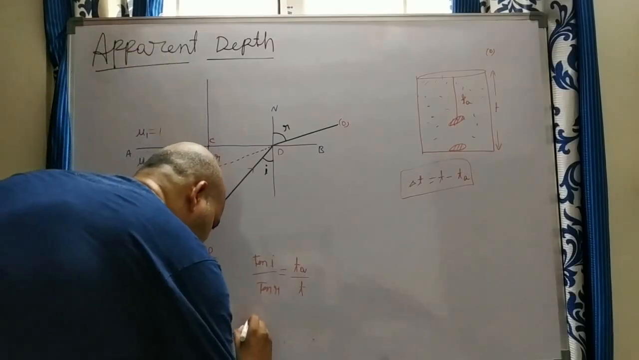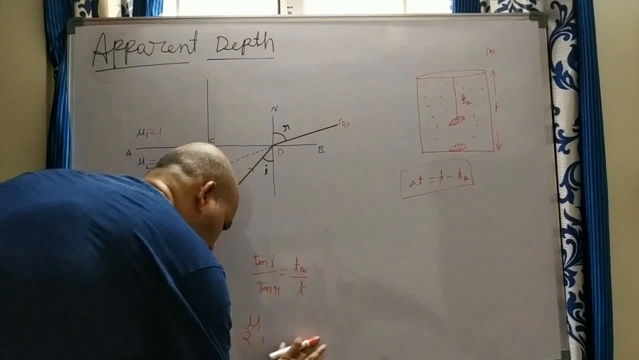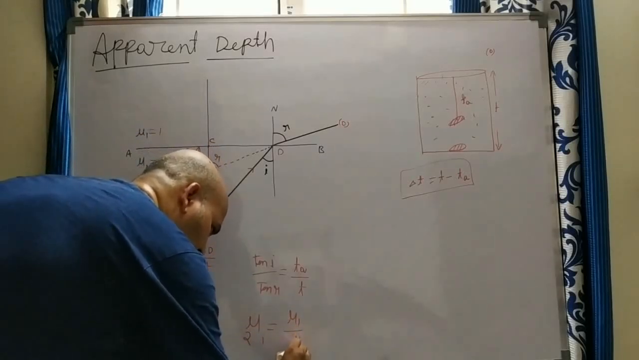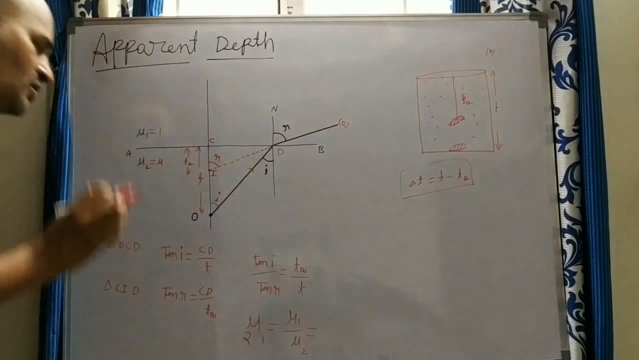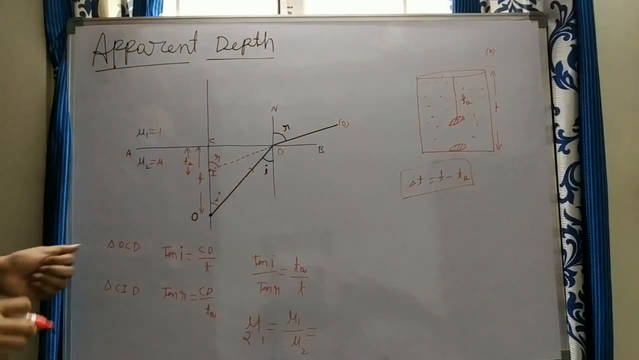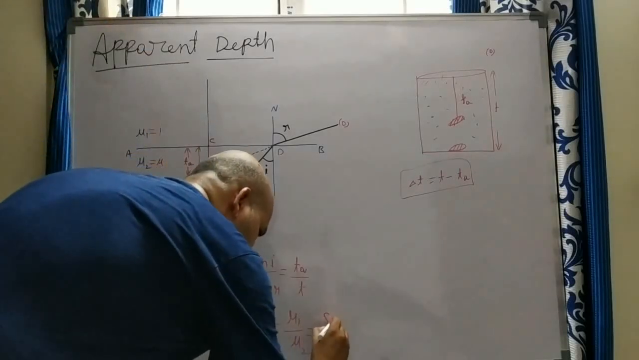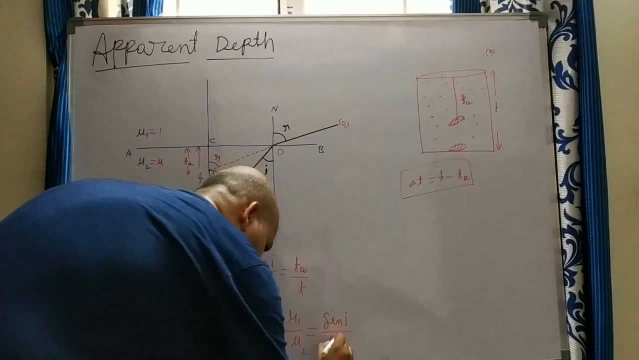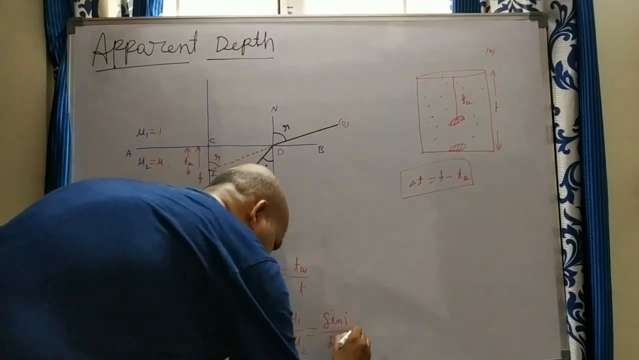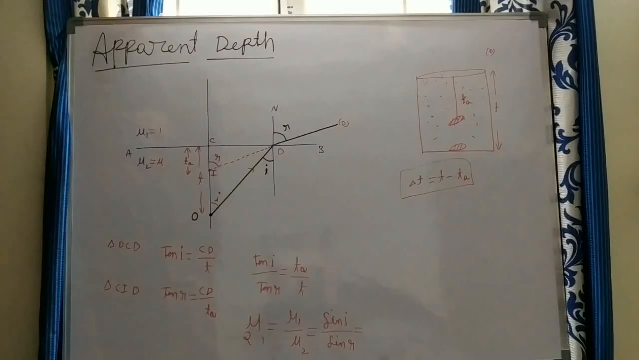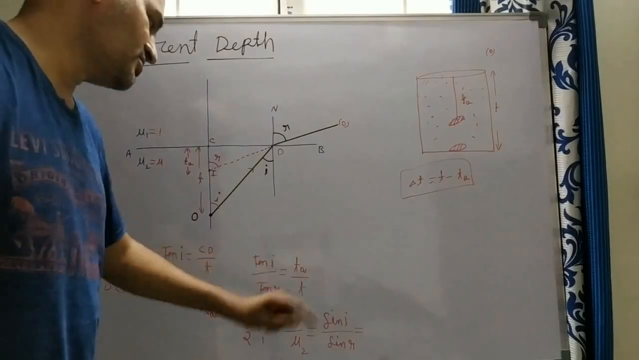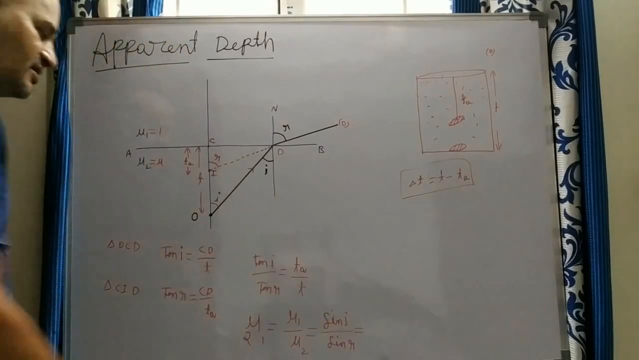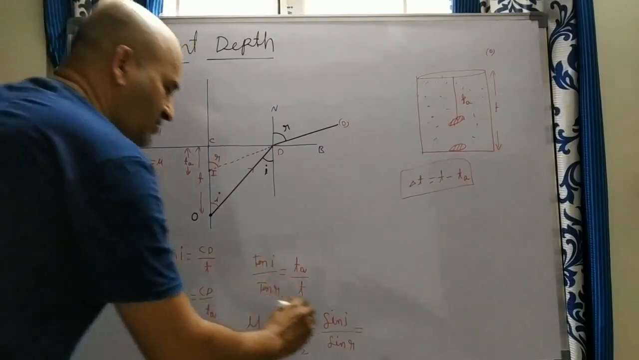We can write mu2 to 1, which is equal to mu1 by mu2. So mu1 by mu2 is equal to sin I by sin R here. But if the angles are very, very small, in place of tan I you can use sin I, and in place of tan R you can use sin R. From that you can write this as tan I by tan R, that is equal to T apparent by